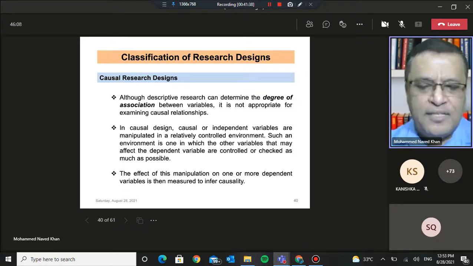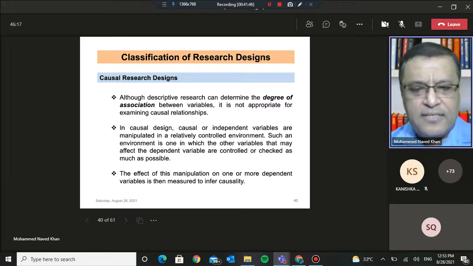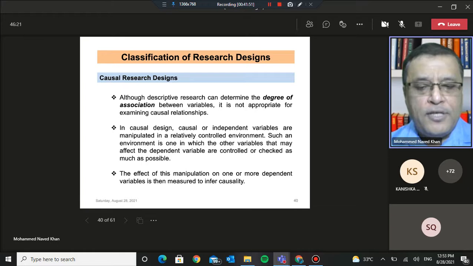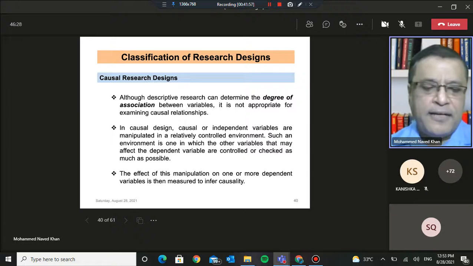If, for example, I change the package design, that is again a manipulation in the context of the design of the package. So in case of causal research designs, remember, basically the effect of manipulation on one or more dependent variables is measured to infer causality, that is, what is the nature of the relationship that exists between them.